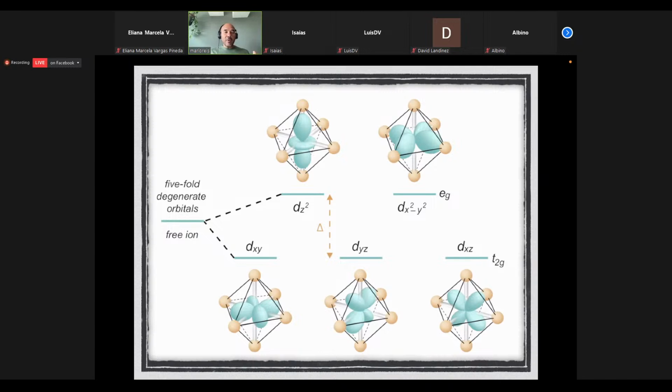For a free ion, these 3D ions have five orbitals. For a free ion, these are degenerated. However, when you place these ions inside an octahedra, this environment, this coordination, lifts the degeneracy